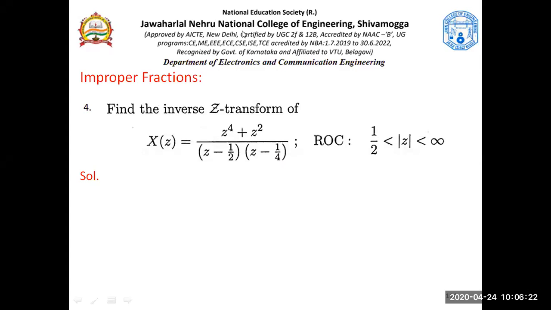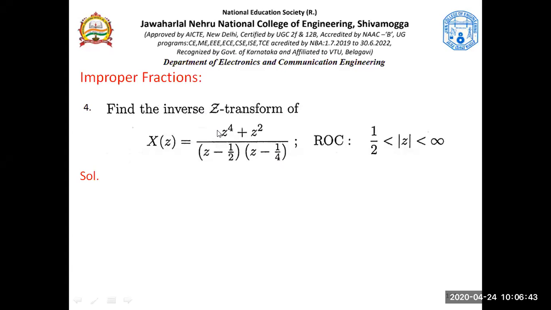See here, we are dealing with something called improper fractions. Maybe I discussed this in the last class, but I would still rather take it up, because this is something different from what we have done in the previous classes. Okay, inverse Z transforms only. Under inverse Z transforms,